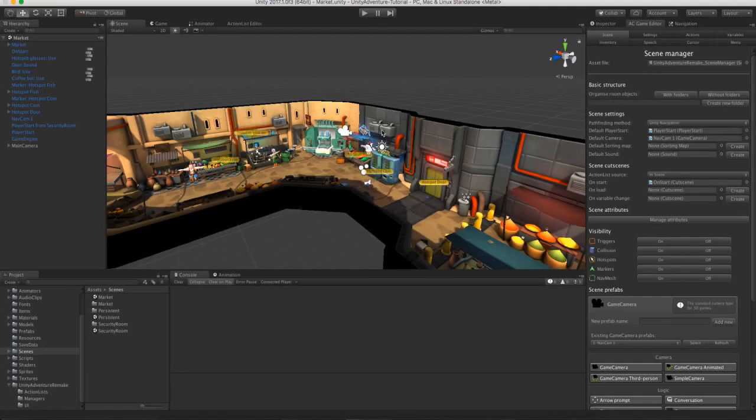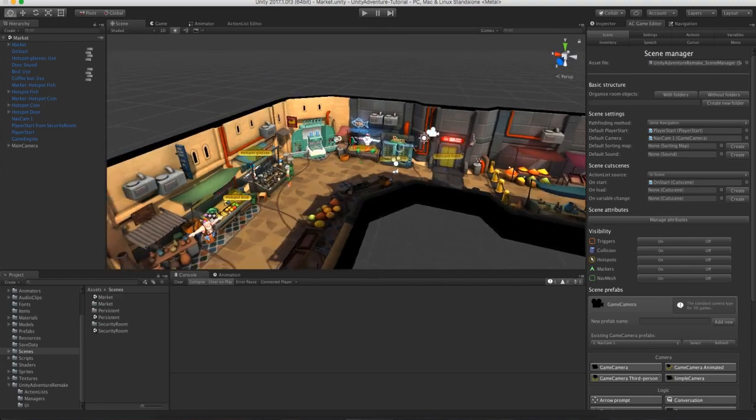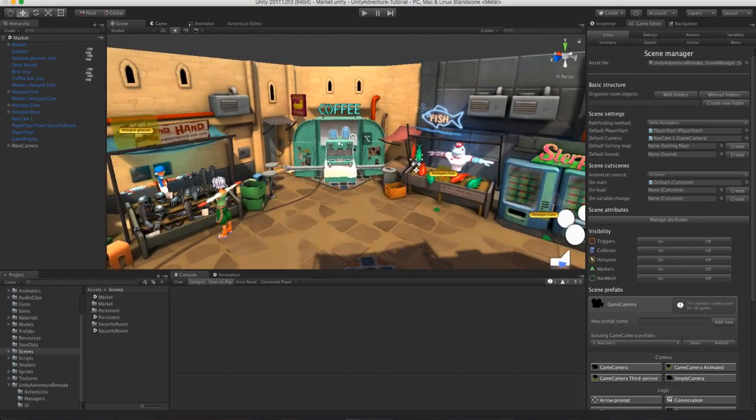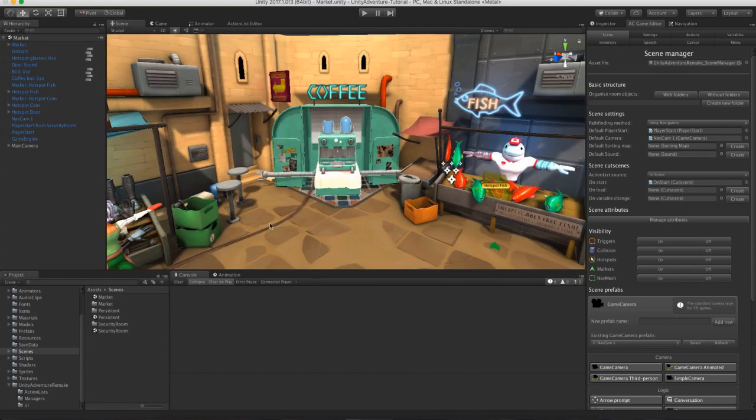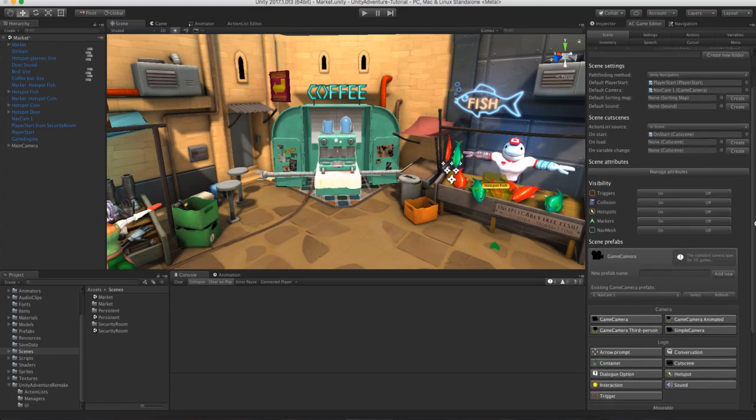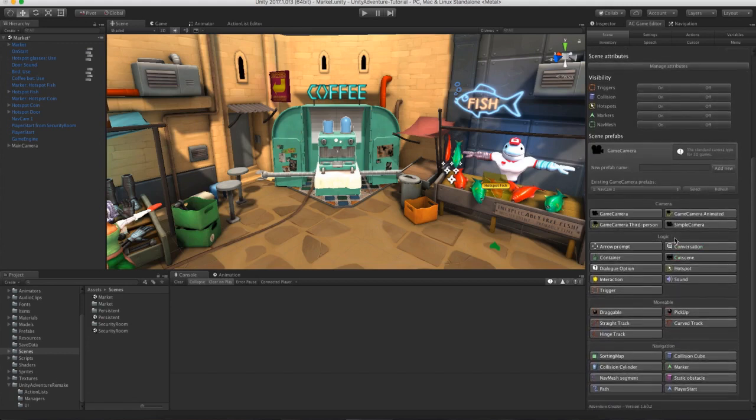Just because it's a key element of many adventure games, let's go and add a simple conversation to this game. Let's make it so that we can talk to the coffee bot and actually ask him, from a series of options, for a cup of coffee. Let's start by creating the conversation object, which we can do in the scene manager. Underneath logic, we've got this conversation prefab, and I'll rename it coffee bot